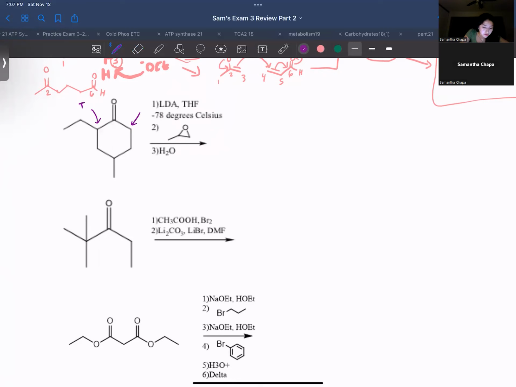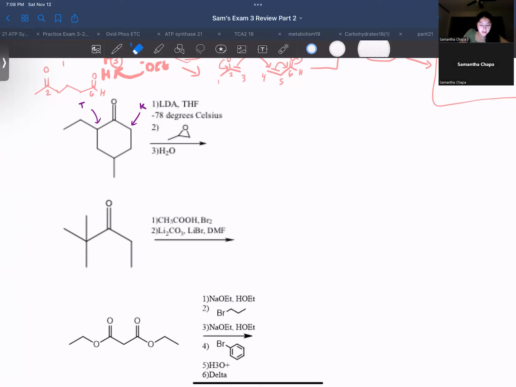If I formed it right here though, this isn't your most stable enolate that you can form. So then you would name this kinetic, because this would be the first hydrogen that you see, it'll just pluck off instead of going through the trouble of dealing with steric hindrance in order to make a more stable one, right? So then this is my kinetic